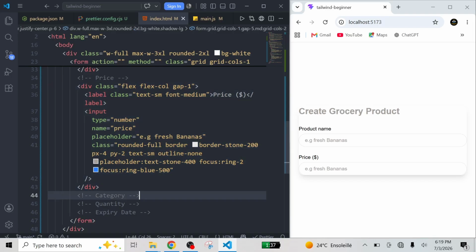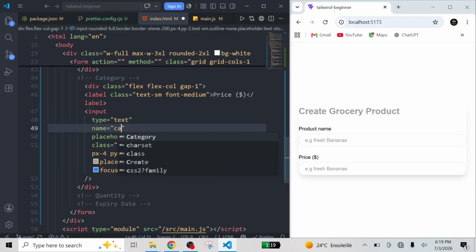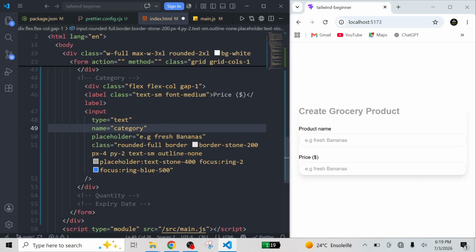Copy, then paste, just change here instead of number, text. Then no capital letter, category. Yes, I think